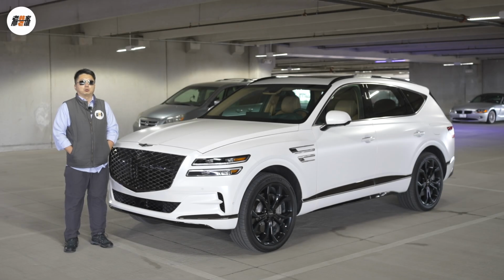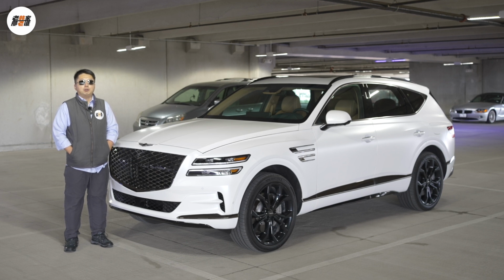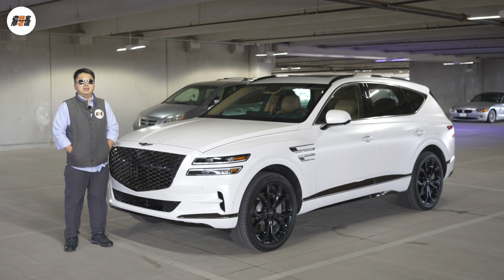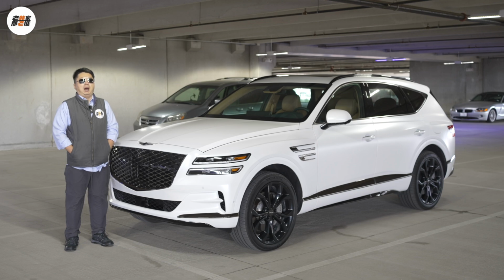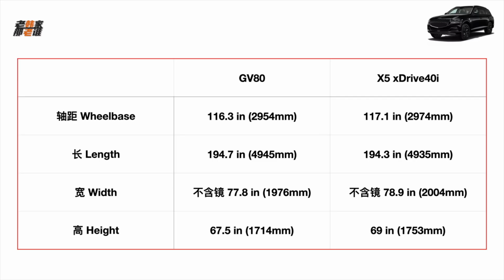GV80 is the first SUV product of the Genesis family, which is also the starting point for the family's new generation of products. 2021 models launched. At the beginning of its launch, we had several videos about it. GV80 is derived from Hyundai and Kia's third-generation M front engine and rear-wheel drive platform. From the appearance size, if compared with BMW X5 3.0 model, we can see that